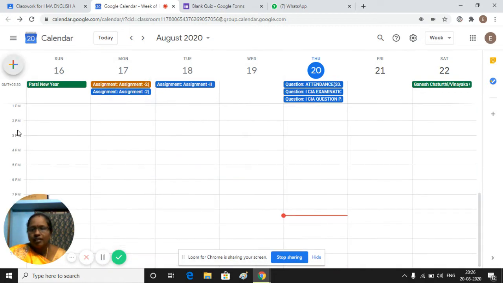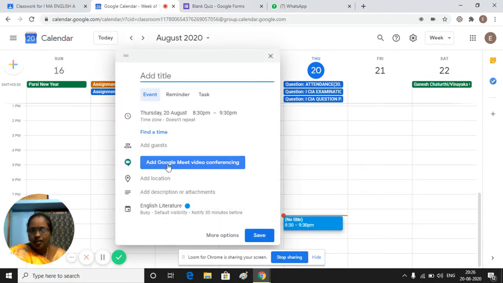If you want to contact through Google Meet, that Meet link will be added in our classroom by clicking that plus symbol. Here, add Google Meet video conferencing. You can schedule Google Meet conferencing or Zoom Meet conferencing. But if you are using Google Classroom, it asks for Google Meet video conferencing. If you click that, you can get the link and save it. Save which day you want to contact, and that day you can paste it. So this is the way to contact through Google Meet also.